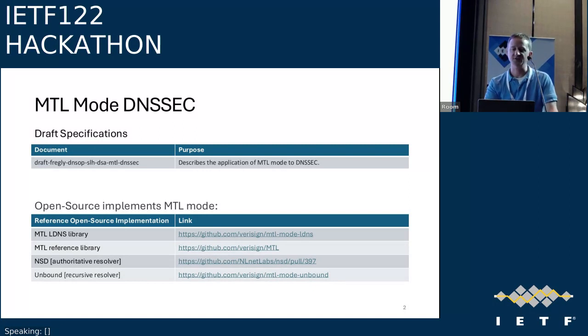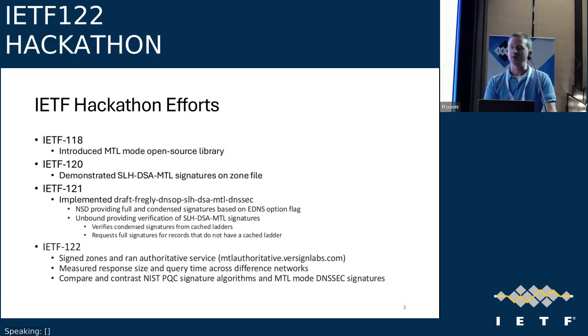So we've open sourced an update to LDNS in our repo here that allows you to sign with the NIST algorithms and with the MTL mode algorithm that we have been talking about the last couple of IETF meetings. So what did we do? Well, this time for 122, we signed some zones with the different keys, and then we hosted them on an authoritative service and ran various queries to measure the response times and compare and contrast them, especially across different networks,